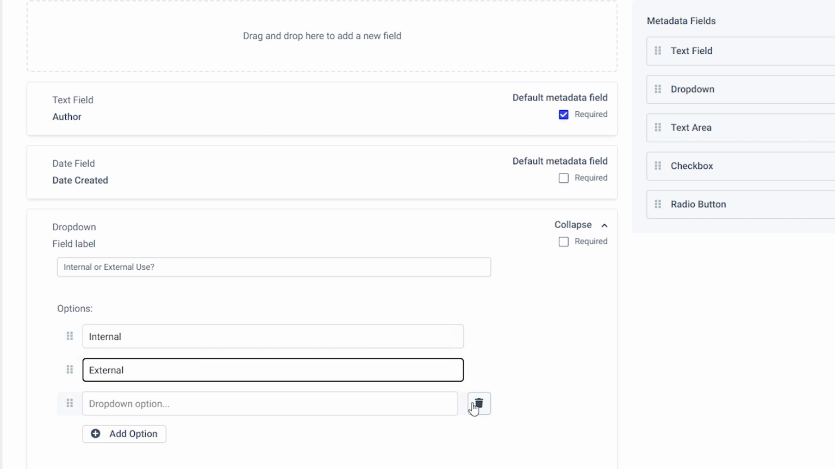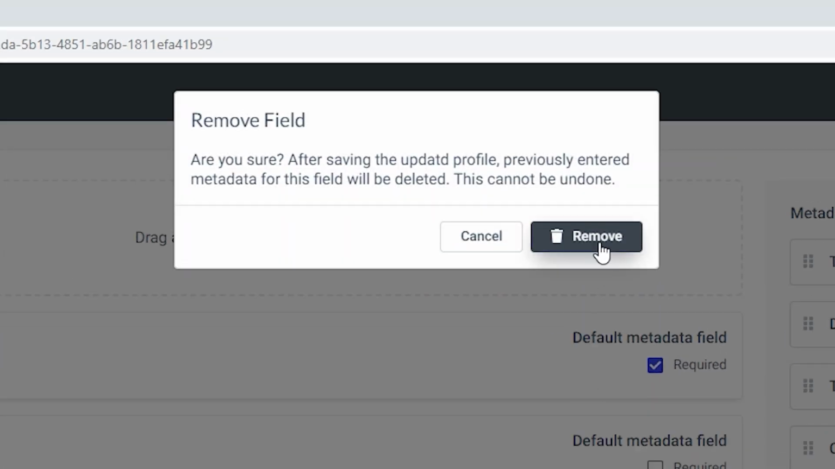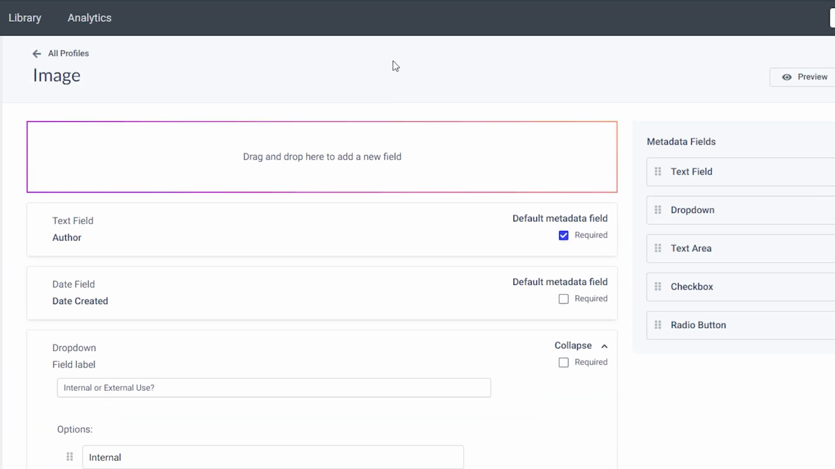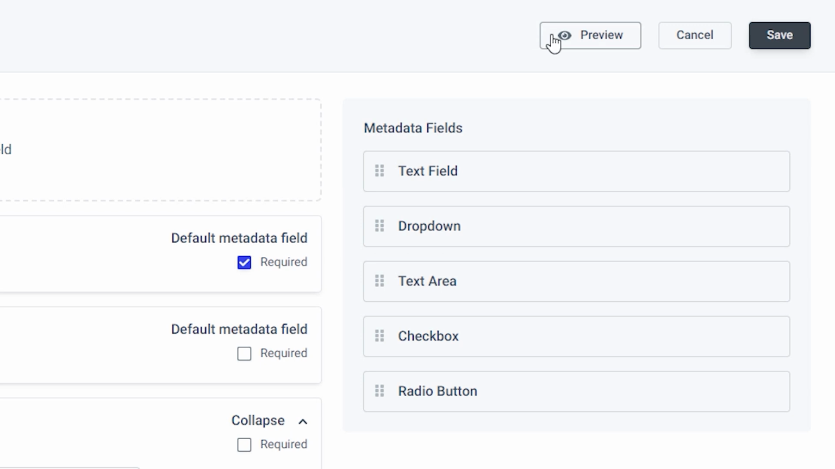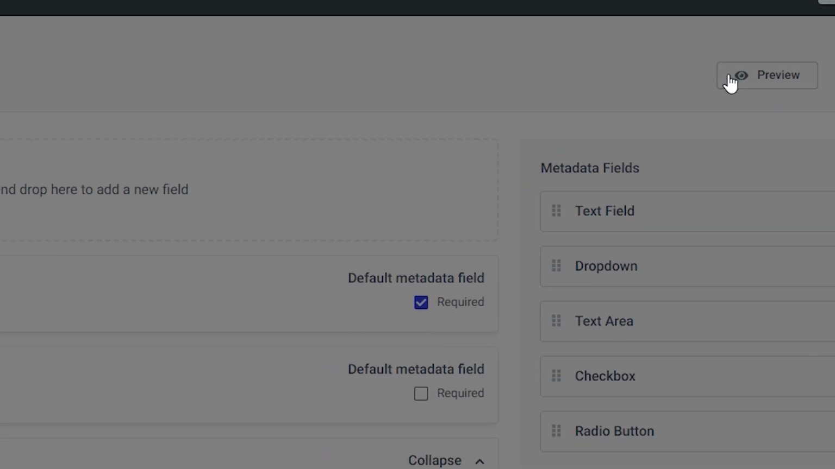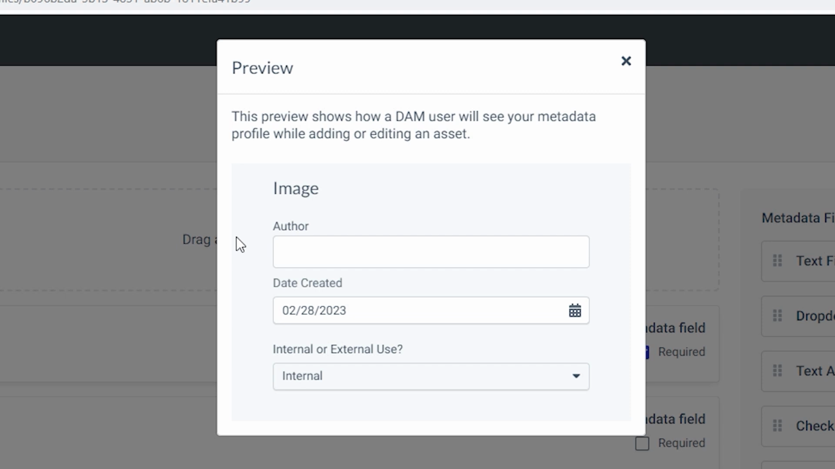And I'm going to go ahead and get rid of this third one. Before I save it, I have the option to preview to see what it'll look like for our users. Excellent. So, whenever I upload an asset that's identified as an image, whether it's a PNG, JPEG, TIFF, etc., I'm